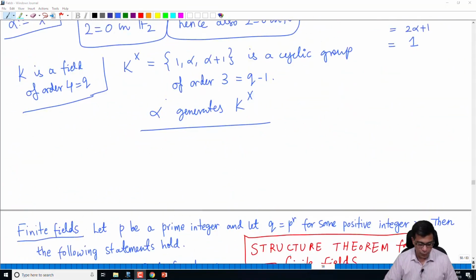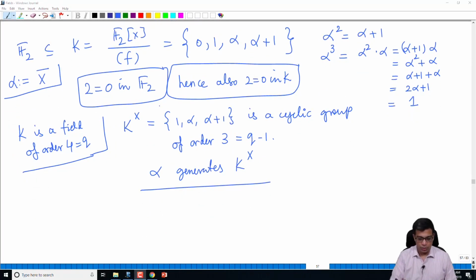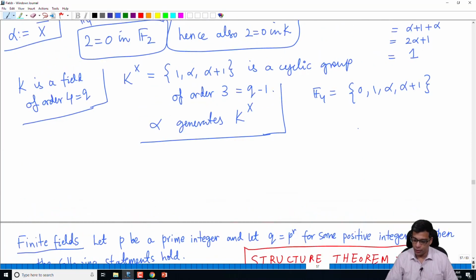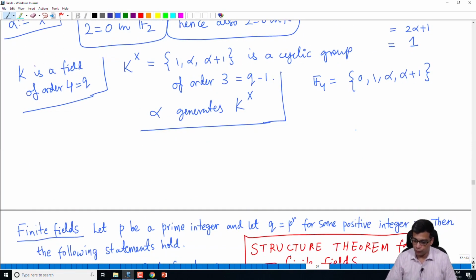Okay, we did one example. So I will actually talk about this example where we constructed a field of order 4, right? So in this example we constructed F4, which I denoted like this. I'll just use the same slide here to illustrate all the facts that we have proved. It is a field of order 4. It has 4 elements and everything satisfies this polynomial. So in fact, this polynomial splits completely like this,